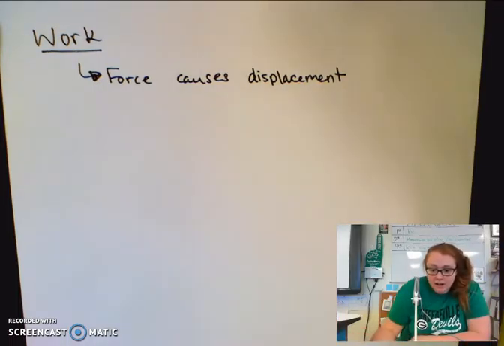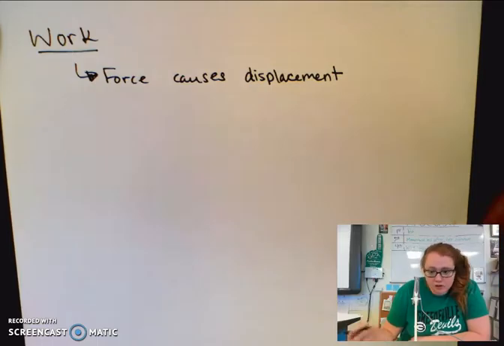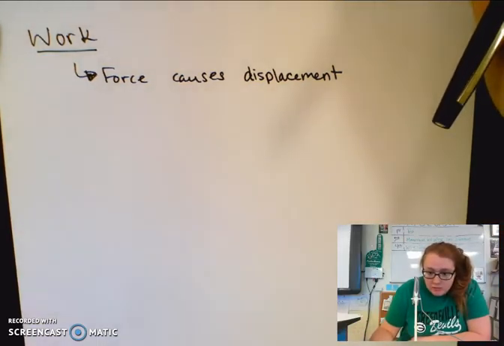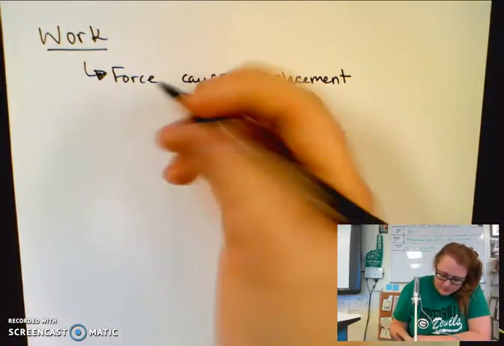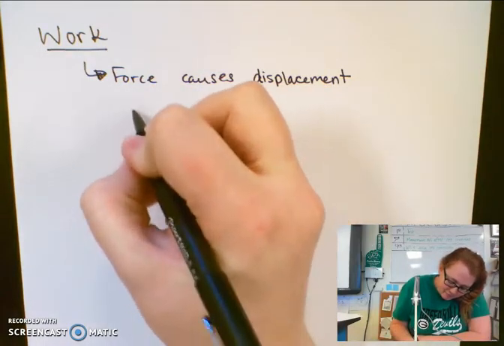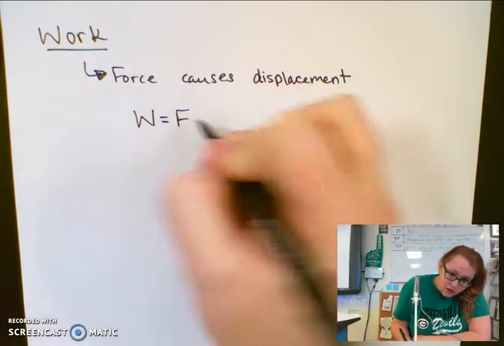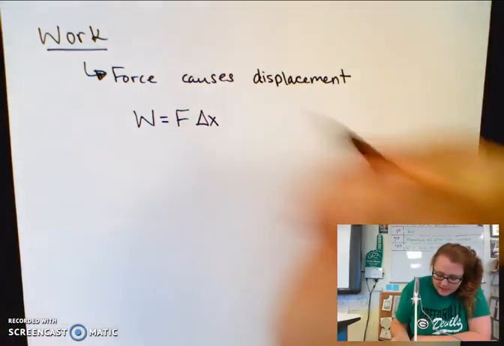Now, right now, I'm pushing down on my desk, okay? I'm putting some weight on my desk. Now I'm applying force to it, but the desk isn't moving, so I'm actually not doing any work on my desk right now. Work only happens, or a transfer of energy only happens, when a displacement occurs. Now, this equation is given as force times delta x.